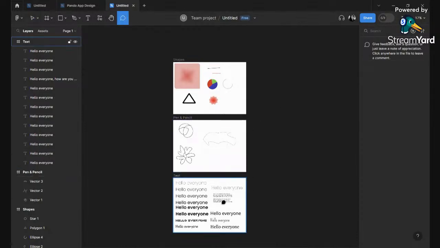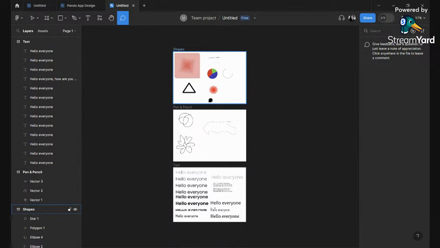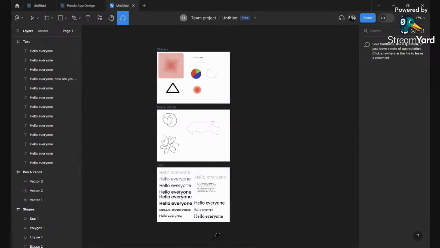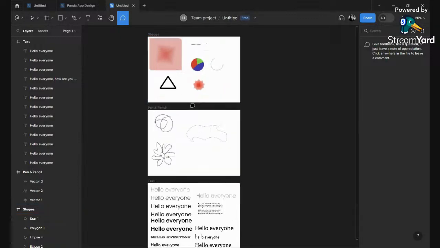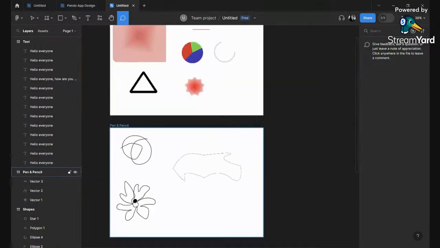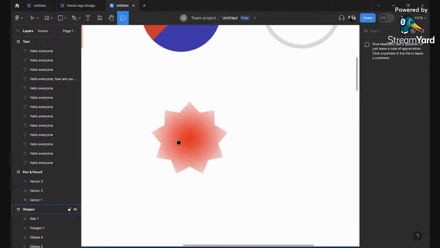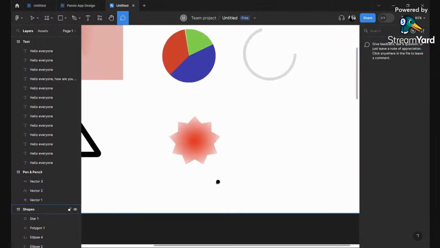Yeah, so we were on comments. Imagine I and Lakshita working on the same project, and I want him to understand that this flower or say this star will be in some animation, it will be rotating, right? So I'll just click here and I'll just add a note for him,